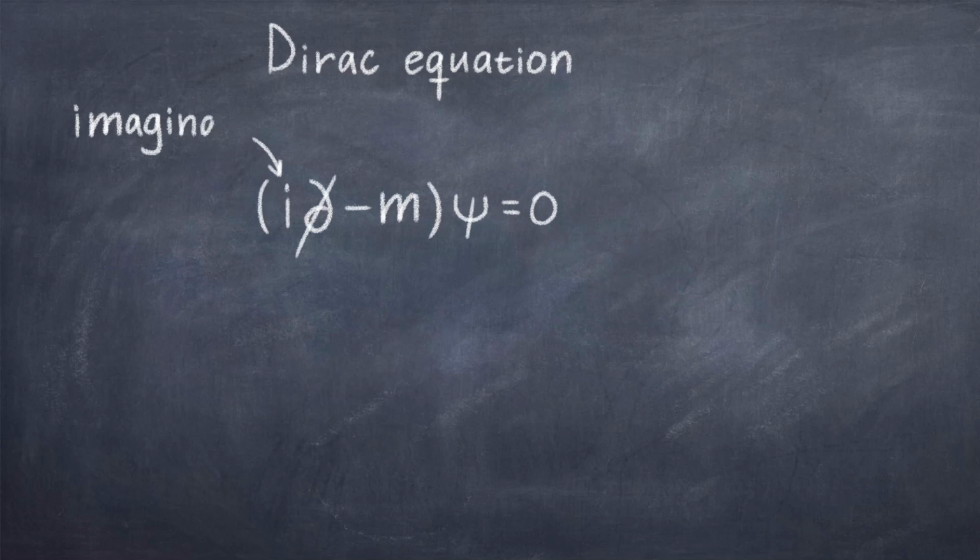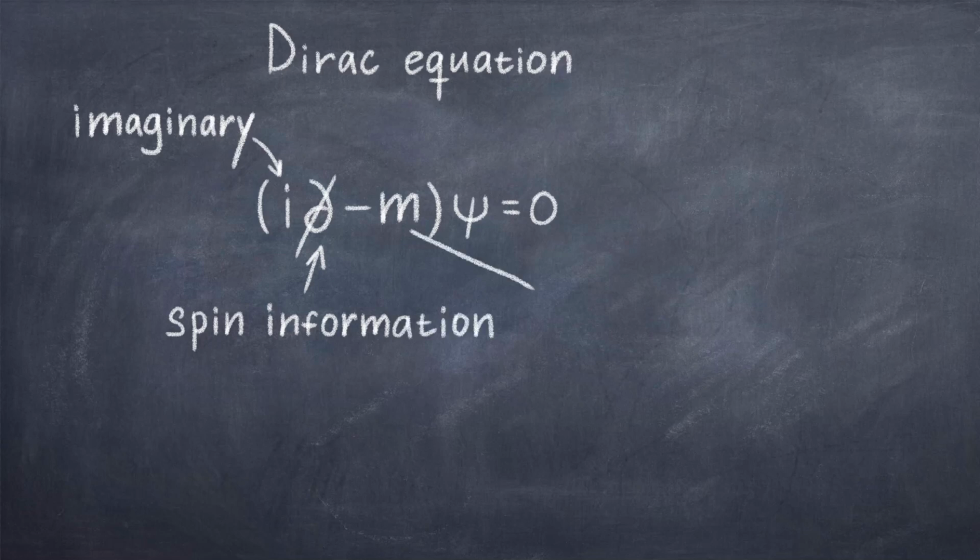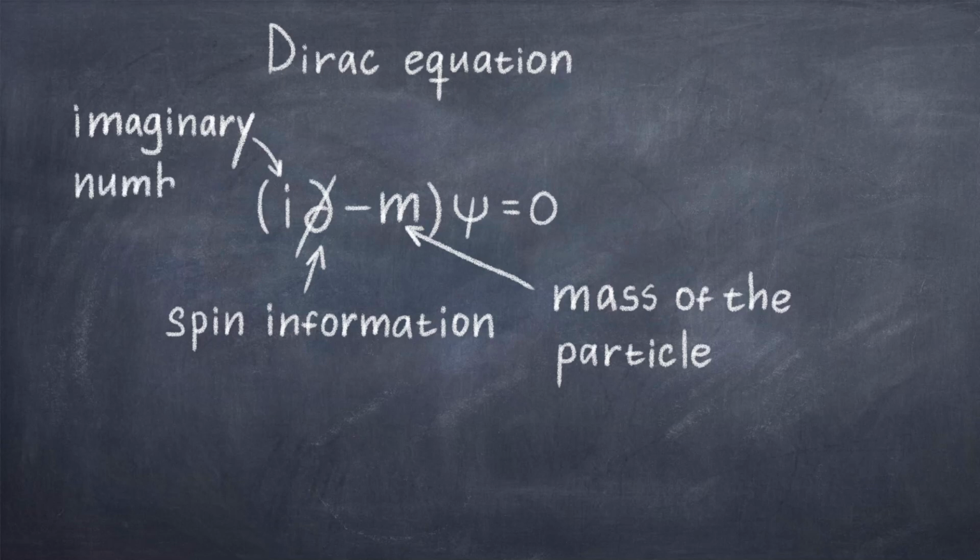Starting from the left, we have the imaginary number i, which we find in most quantum equations. Next we have this partial derivative with a slash. The slash notation was invented by Feynman to make the notation more sleek. What you need to know about this is that it contains spin information. One can roughly say that it takes care of the orientation of the particle as it moves in space. The next term is simply the mass m of the particle which we consider. Then we have psi, which is the wave function of the particle, and it contains information about the position and time coordinate of the particle.